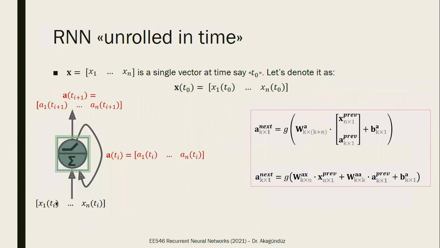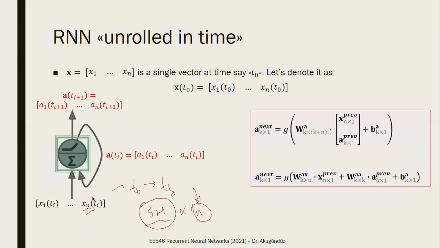So let's remember our calculations now. Don't get lost. We have the input of some time instant. It could be the first input, the second input, or, depending on my sequence length, any input in my sequence. Be careful: my input is a vector of length n, however the sequence length I don't know. Maybe this sequence is from T0 to Ts. In that case, I have S plus 1 elements in my sequence, so it's S plus 1 times n data. But it's important that n is my feature dimension and S is my sequence dimension.